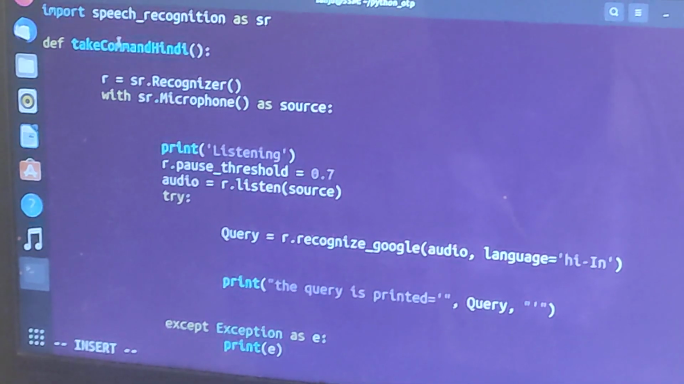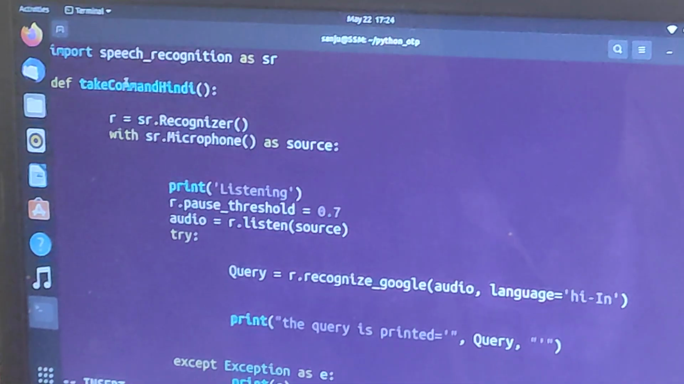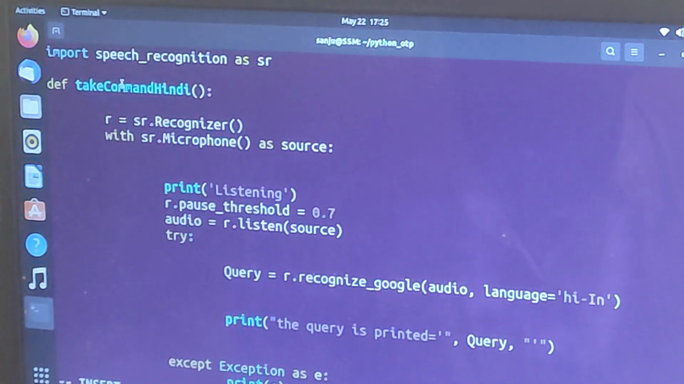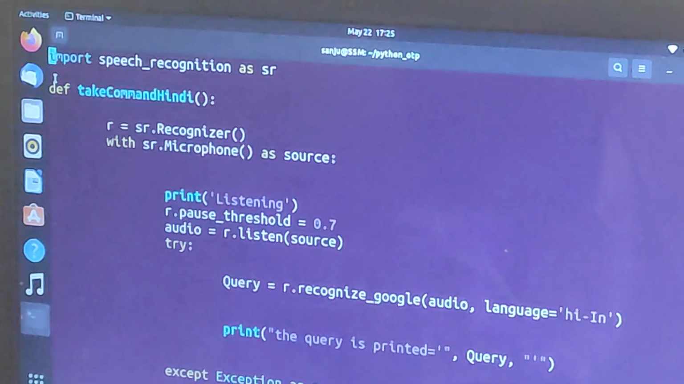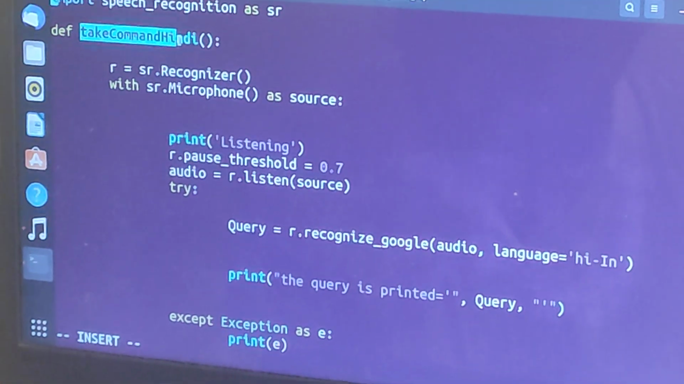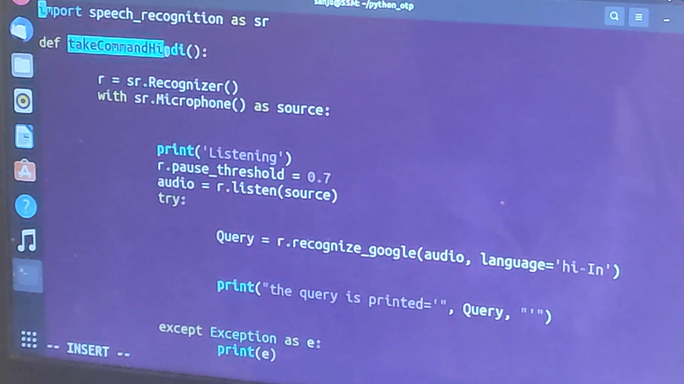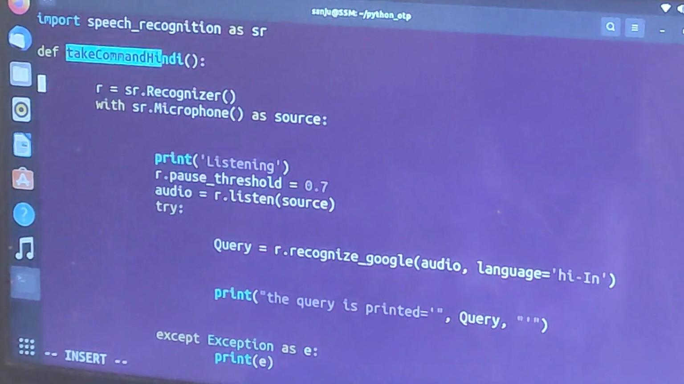First statement, import speech_recognition as sr. We need to import the speech recognition library, the required library. Then second statement, function take_command_in_Hindi. It is used as an explicit function to take the input command. The next statement,